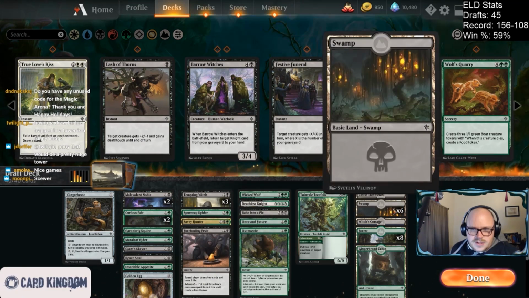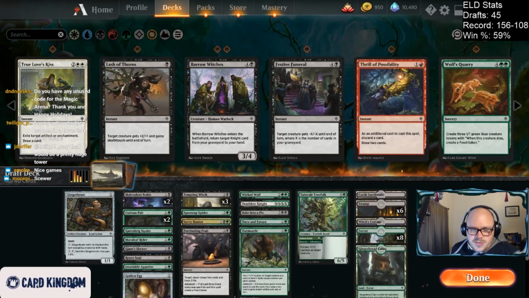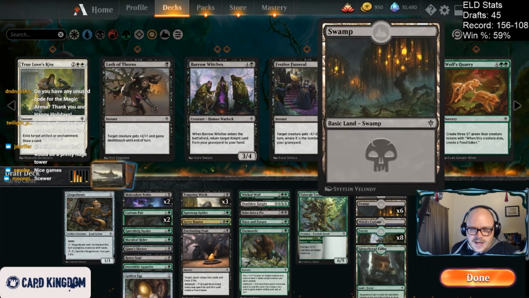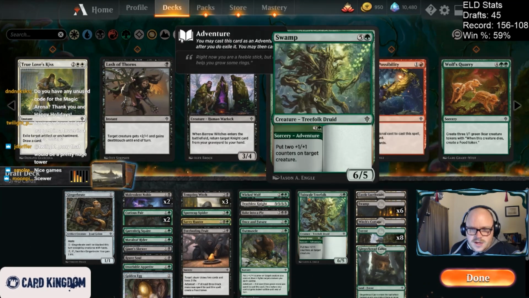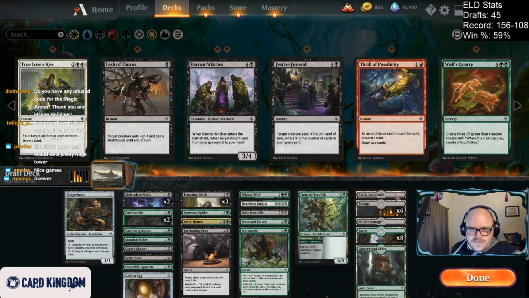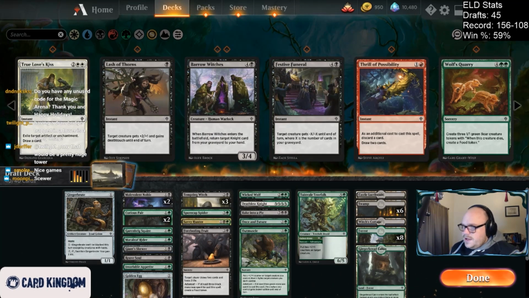Only running 6 swamps for Witch's Cottage might be a little sketchy. So I may take it out and just add another swamp. Yeah, I mean, it's so good with Wicked Wolf that it makes me kind of sad to do that. But...